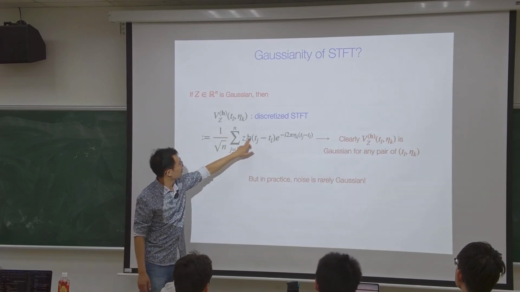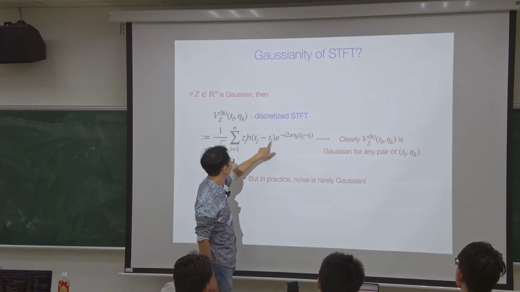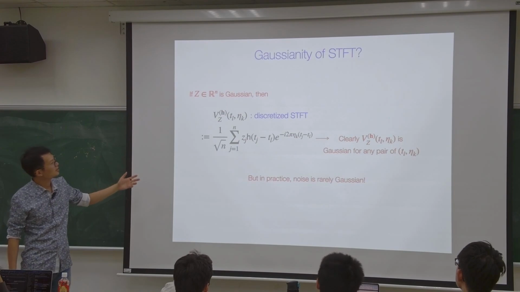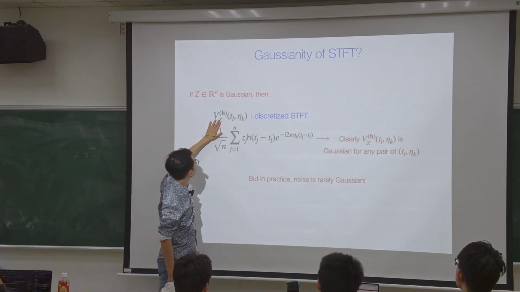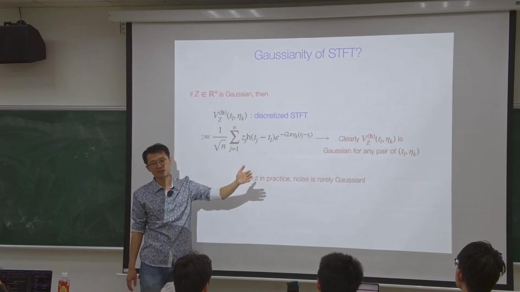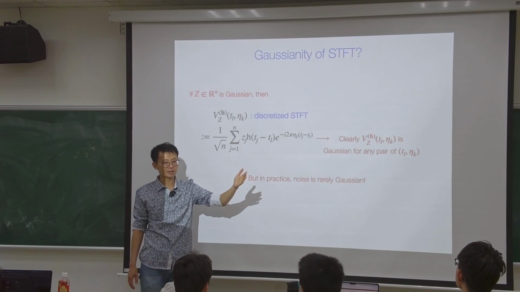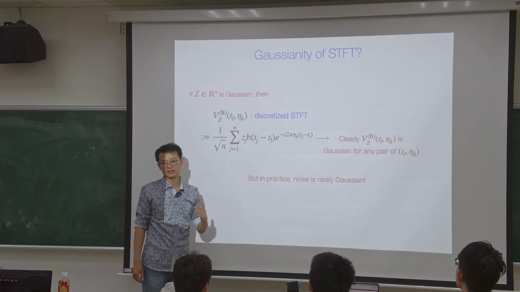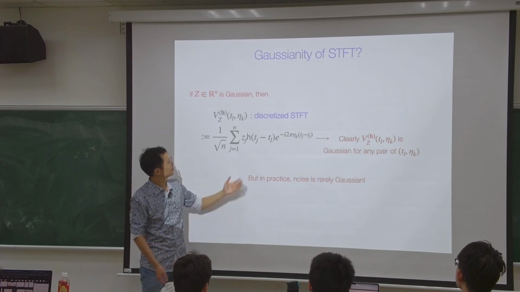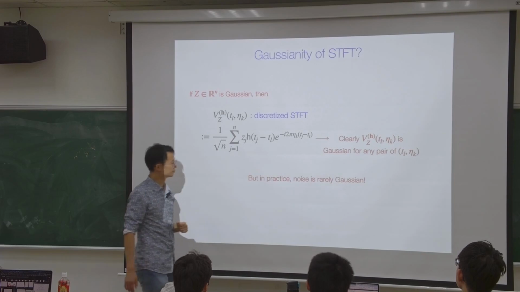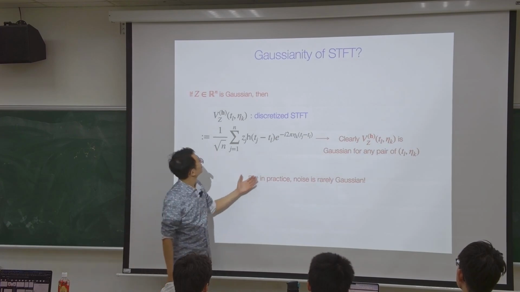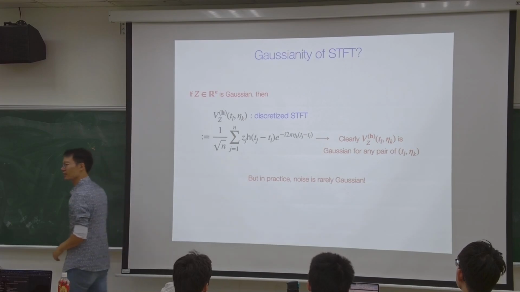Its discretization looks like that. You have the window, you have the signal, and you evaluate the Fourier transform centered at time t_ℓ, and you evaluate the short-time Fourier transform. So you can easily see that, look, if the signal Z is Gaussian, a Gaussian random process as an input, then what do you get? Gaussian, right? The Gaussian has a very strong property. Even if it is dependent, you sum them together, you still get Gaussian. Not a problem. Everything's Gaussian. Perfect. We are happy. But the input signal usually cannot be Gaussian.